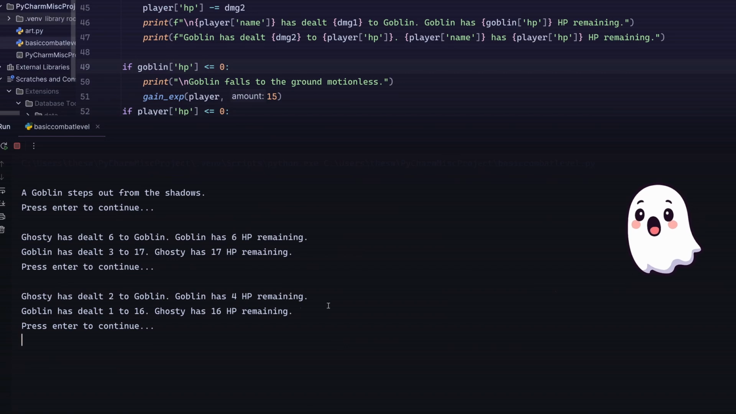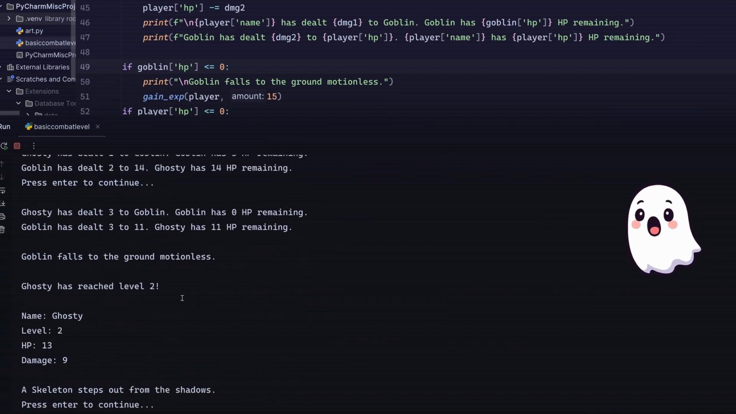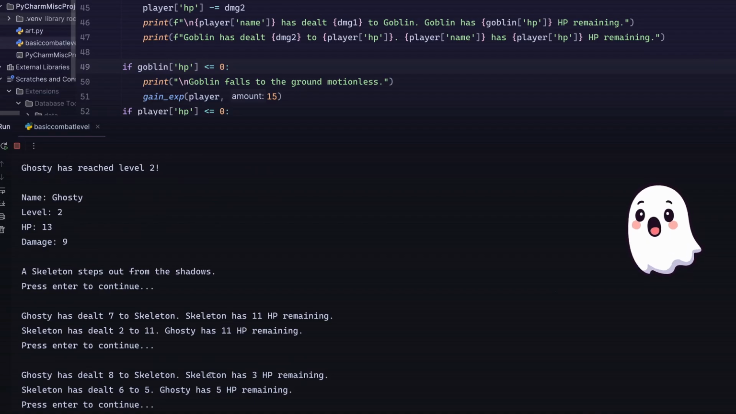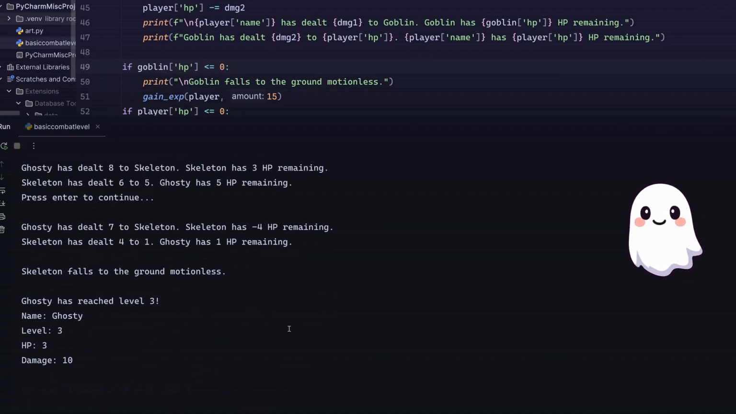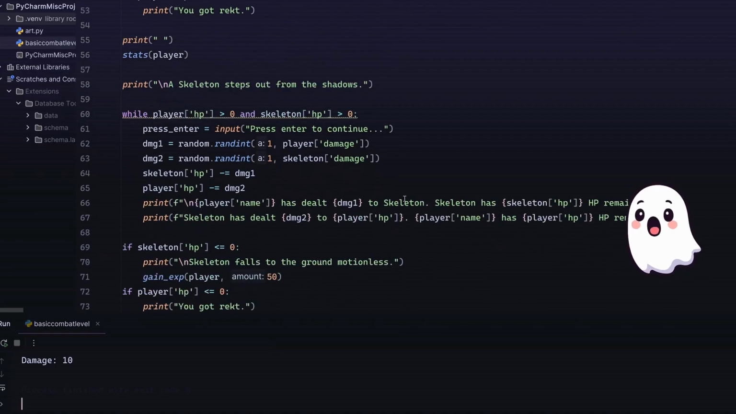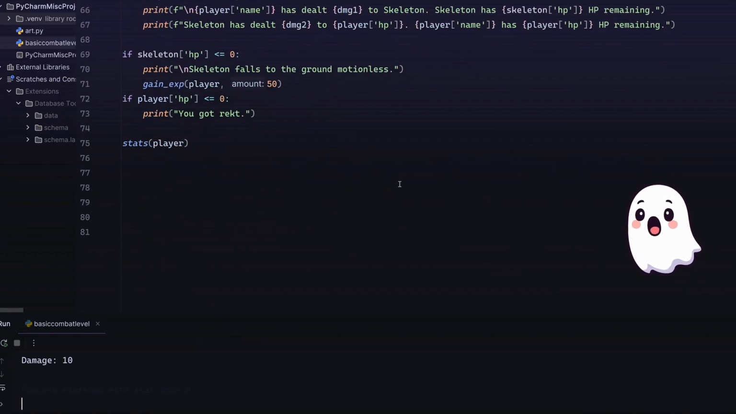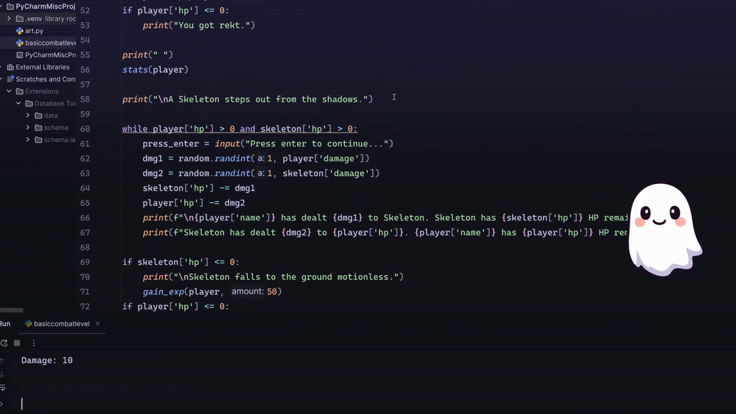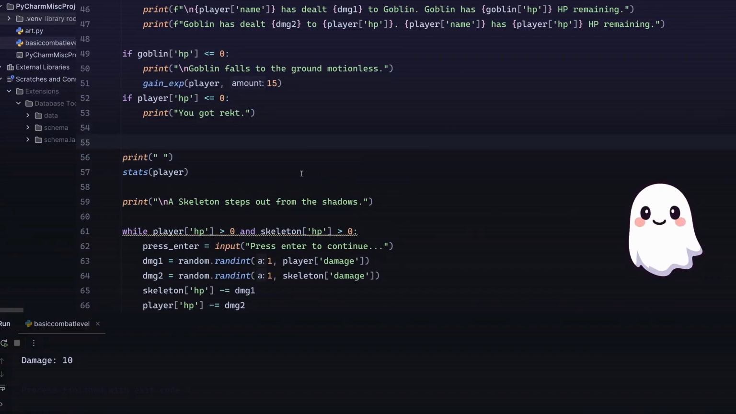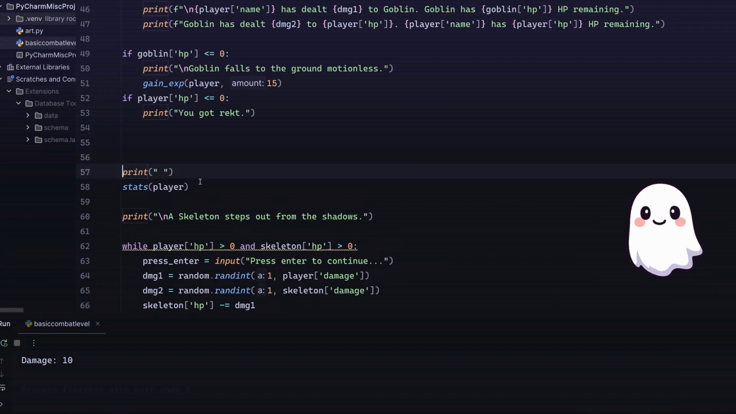Enter combat, combat, combat. We win, we leveled up. Skeleton, we're fighting the skeleton. We beat the skeleton, we're level 3. Alright, and one more little trick that I want to show you, and then we're done, I promise, is let's say after we beat the goblin, we want to give ourselves some health. We will put